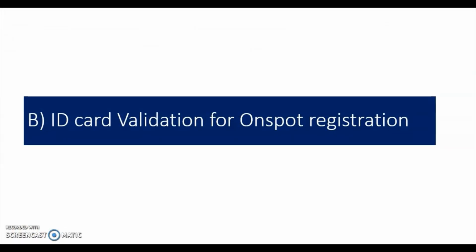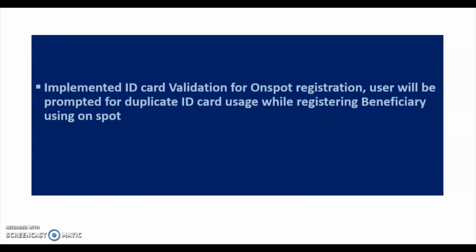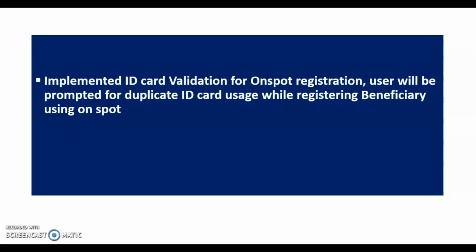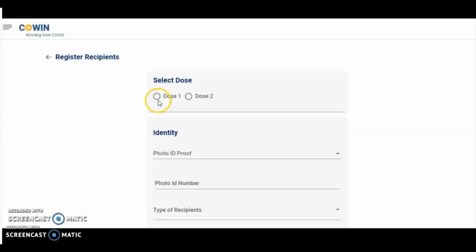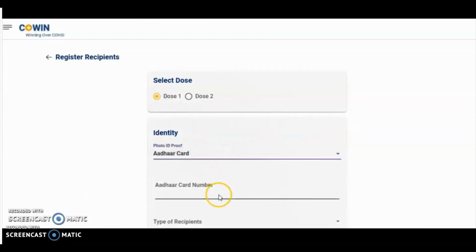ID card validation on-spot registration. Implemented ID card validation on-spot registration. The user will be prompted for a duplicate ID card like Aadhaar number while the beneficiary is getting registered on spot. So when the vaccinator adds or registers the beneficiary in the session,